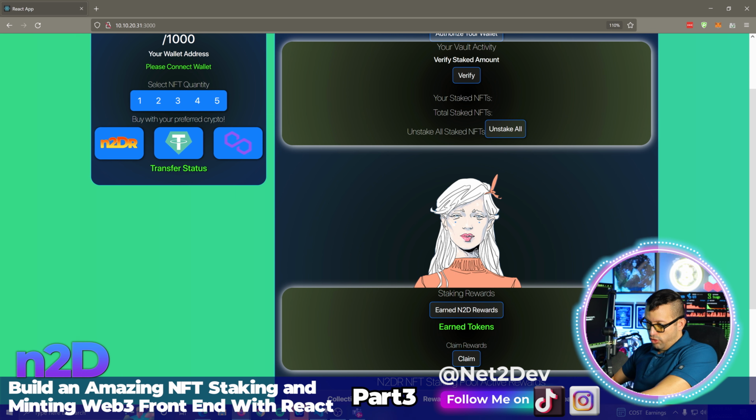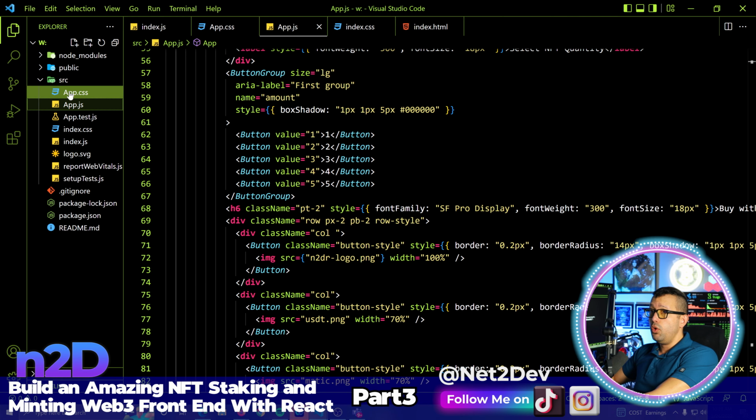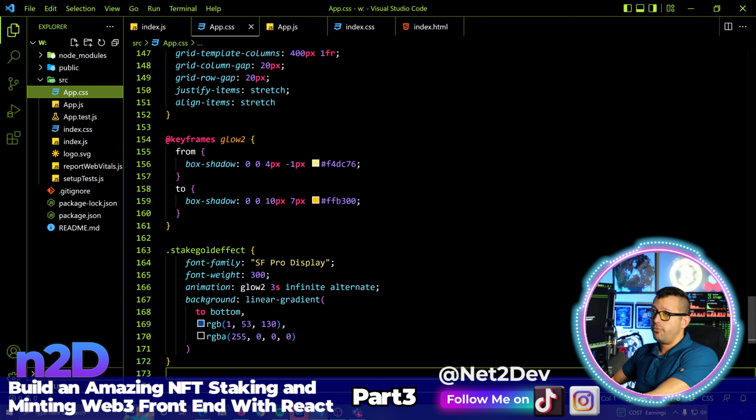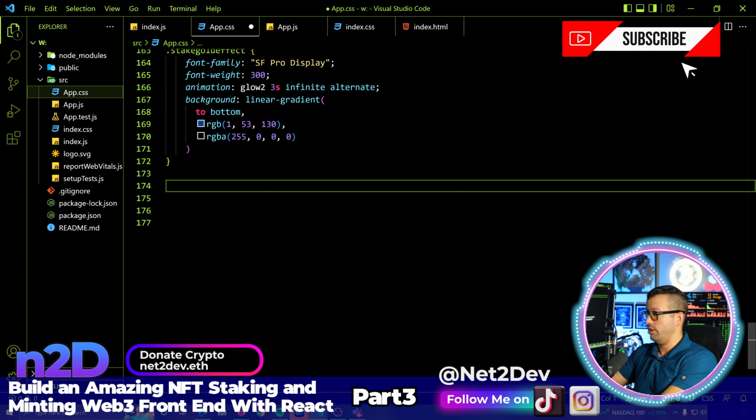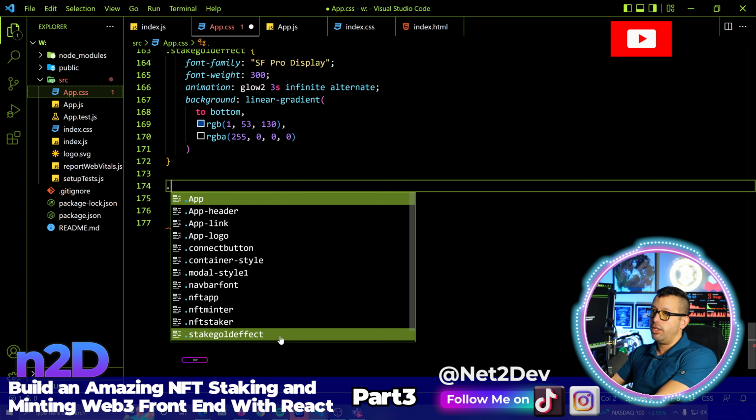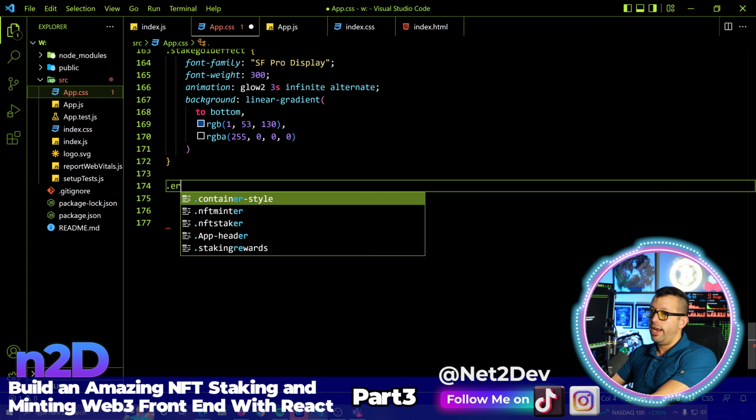I'm gonna show you this trick right now. What I can do is go into app CSS and build another CSS object that paints a background black. Check this out. This is kind of cool, and trust me, you're gonna use this. So let's build this object and call it error